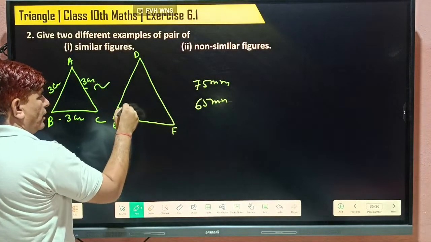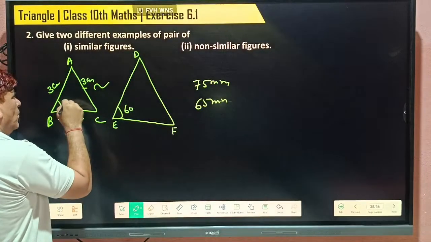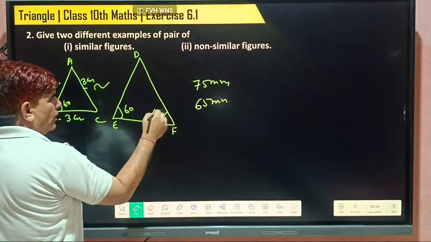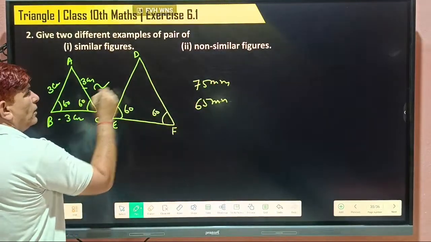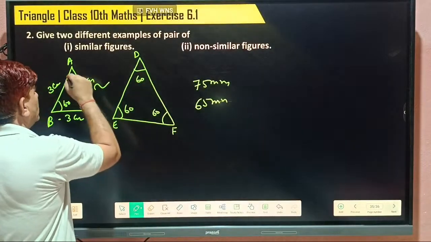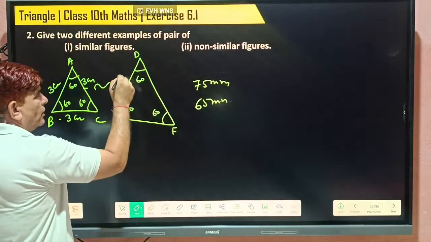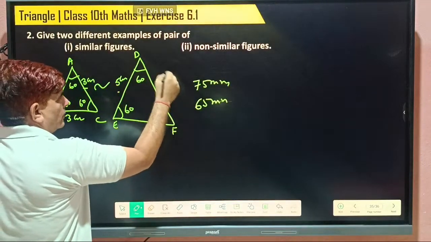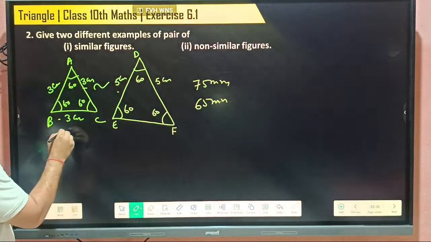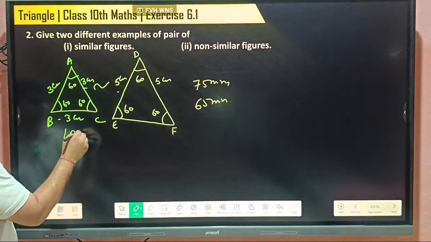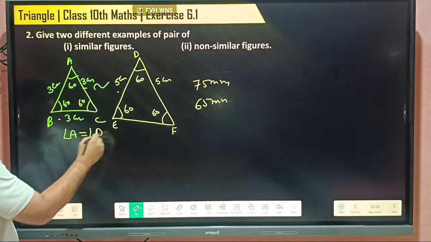DEF. This angle is equal, this angle is equal, this angle is equal, and this also is equal. This side is 5 centimeters. So angle A is equal to angle D,